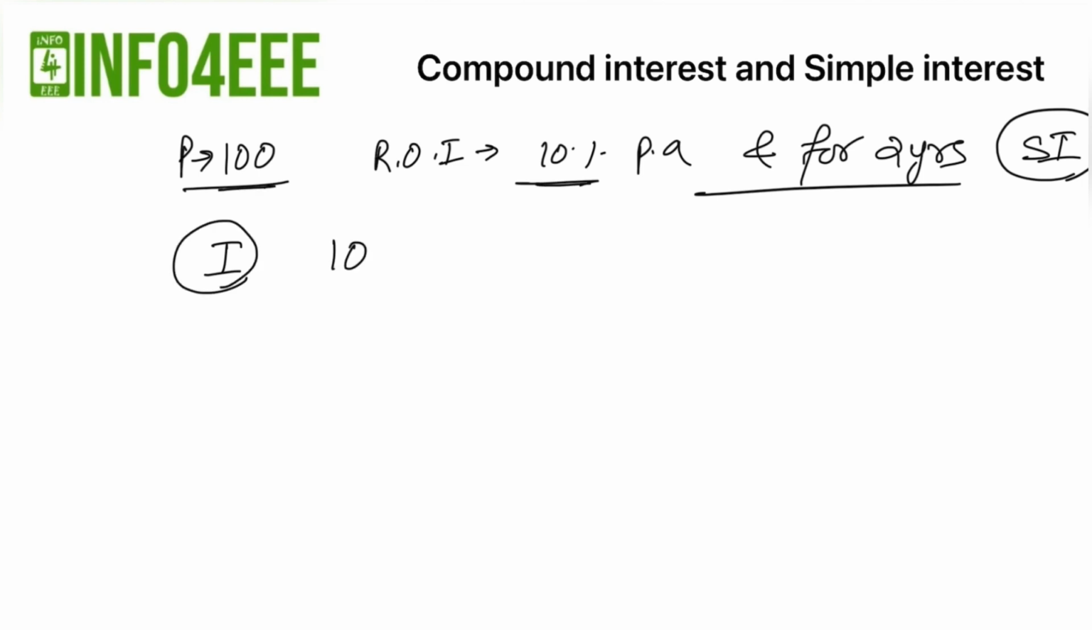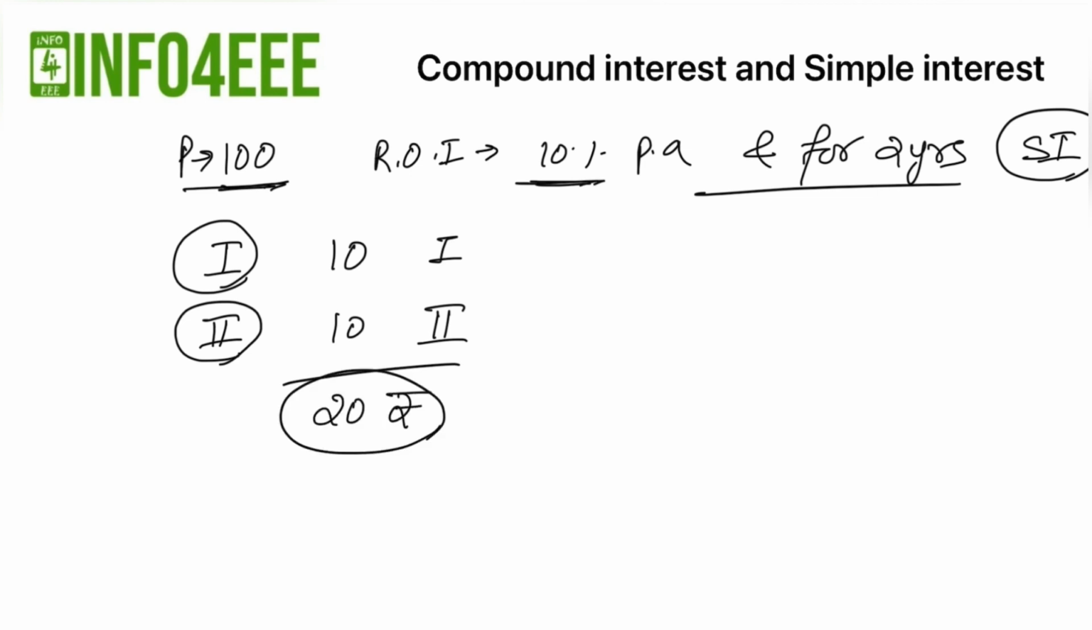सो व्हाट विल हैपन इज फॉर द फर्स्ट ईयर आपको 100 रुपए पे 10% के हिसाब से 10 रुपीज इंटरेस्ट आया। सेकेंड ईयर आपको 100 रुपए पे 10% के हिसाब से 10 रुपीज इंटरेस्ट आया। सो टोटल इंटरेस्ट आपको मिला 20 रुपीज और आपने लगाए थे 100 रुपए। So you will get 120 rupees as a amount,